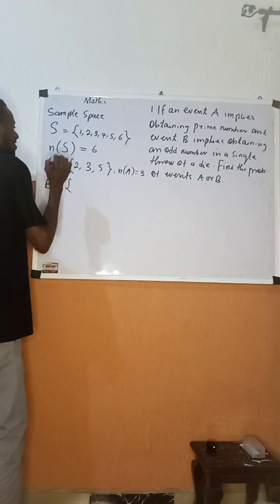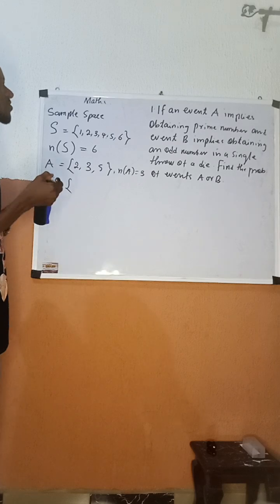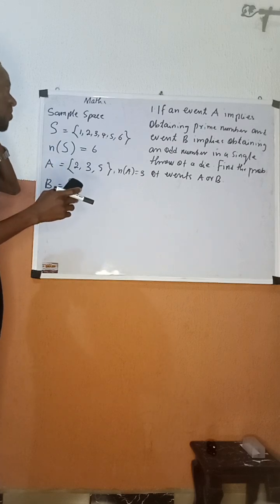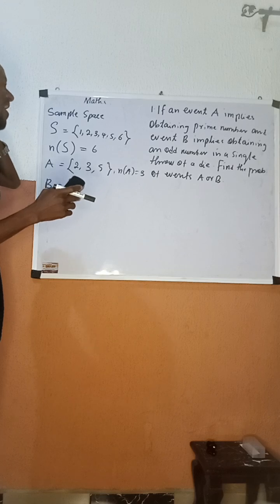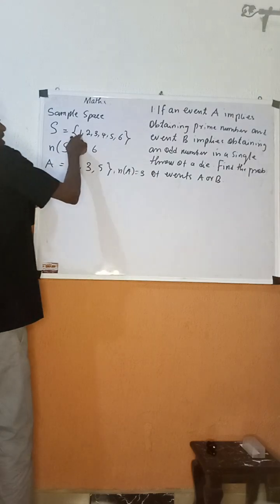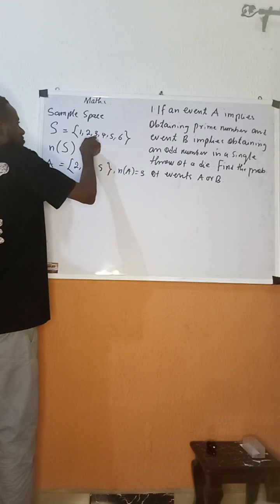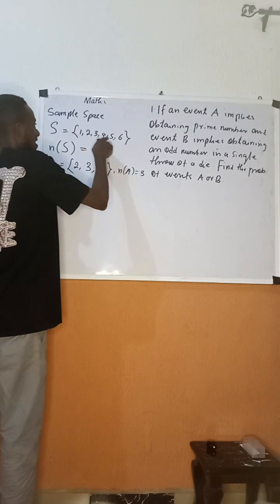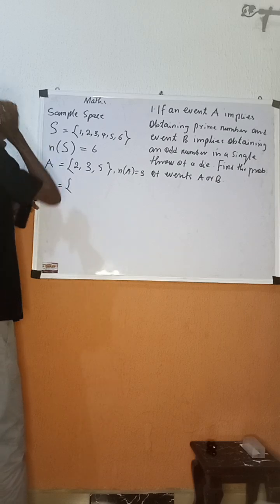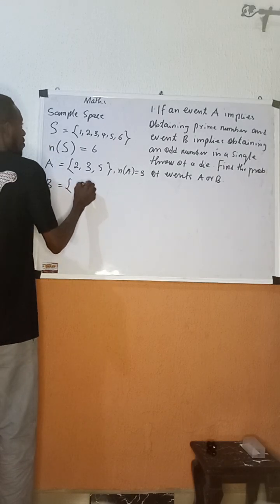So I am down to set B. In the set B, we are talking about the odd numbers. And in odd numbers, we are looking at numbers that cannot be divided by 2 without a remainder. Of course, 2 cannot divide 1 without a remainder, 2 cannot divide 3 without a remainder, and 2 cannot divide 5 without a remainder. So I am looking at 1, comma,